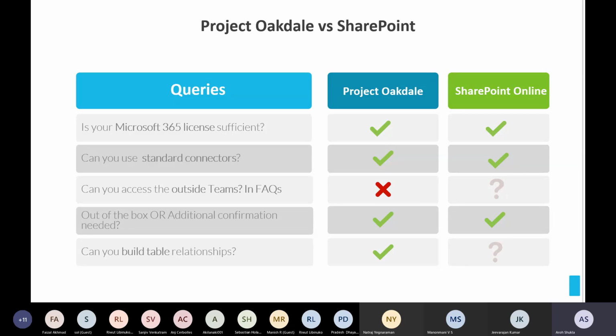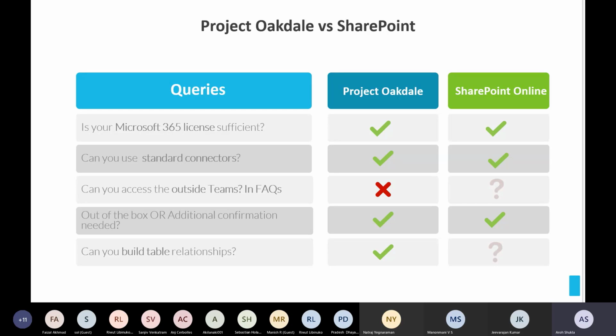That is the best thing for customers who have a very low subscription, maybe Business Premium, or customers who have a really high subscription, maybe E5. All people can use it. You don't have to shell out additional cost for CDS, for Office 365, and for that matter, even for Power Virtual Agents. So that is a benefit all people can get.